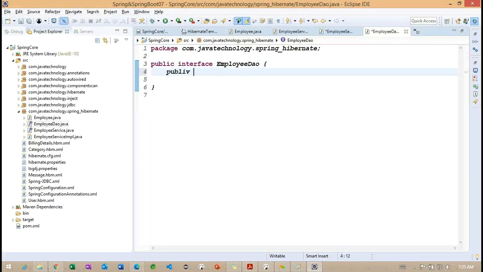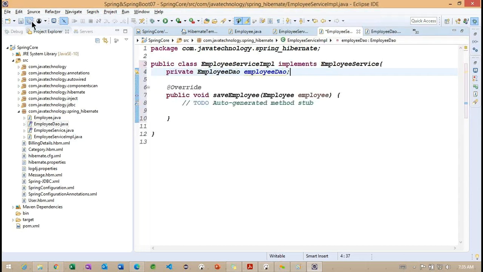So this is the interface we created, and here public void saveEmployee. Right. So this is the interface we created. Let me save all the classes here.